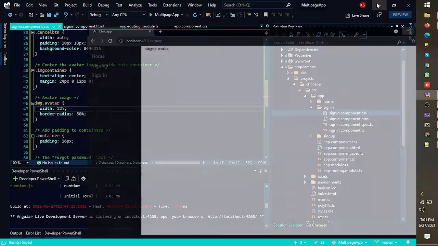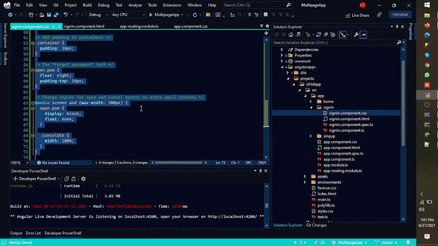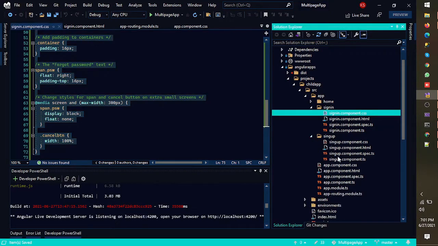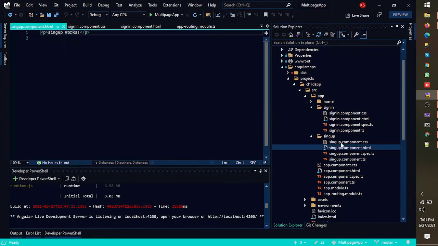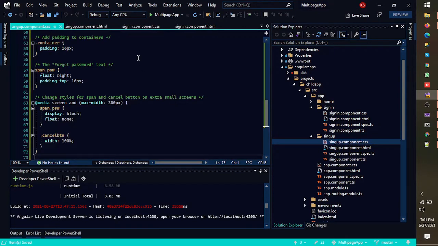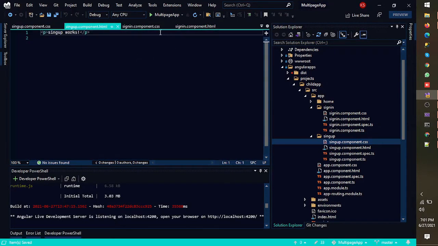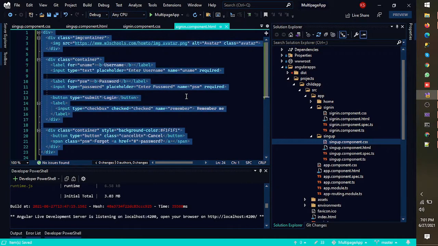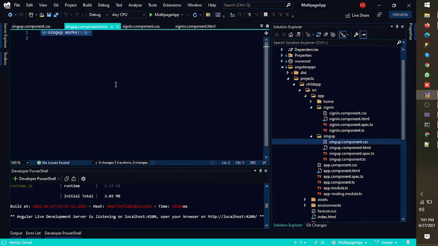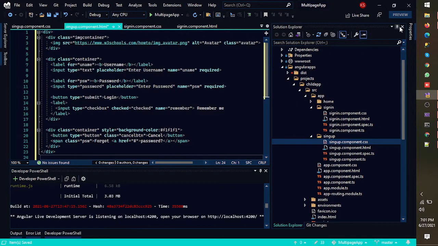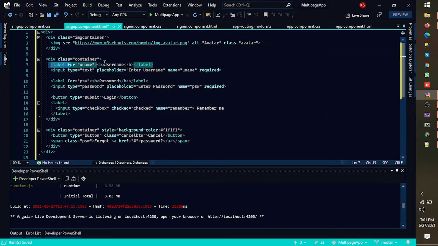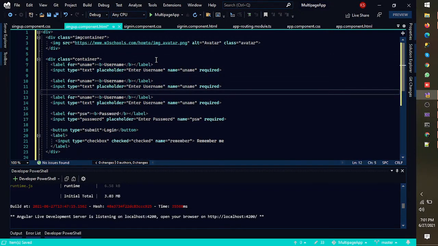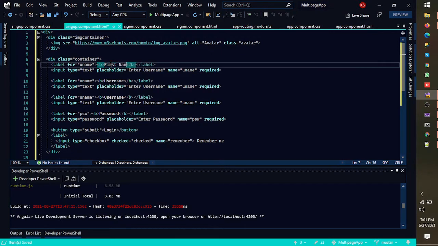Let's make a copy of it for sign up. In the sign up.css, I pasted the same CSS, and from HTML, I paste it here. I would make couple of changes here, like I would need two more fields for the first name and last name for the sign up form, so it would be first name, F name.